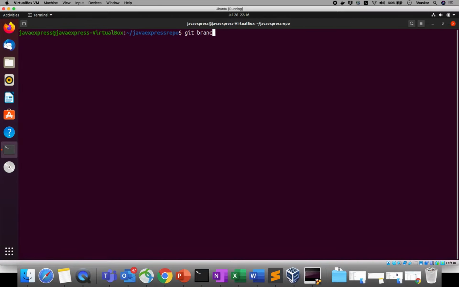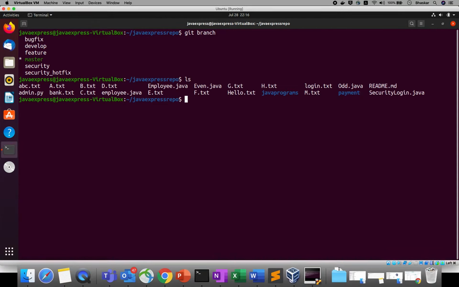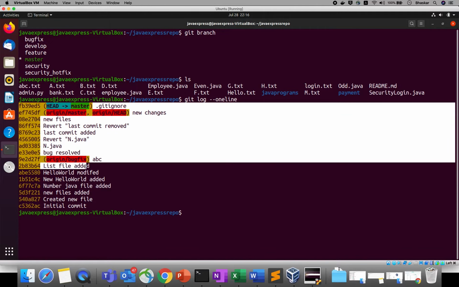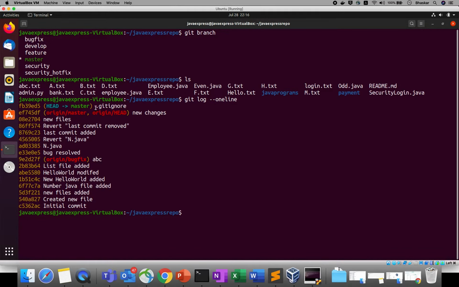Git branch. If I do the ls command, these are the files I have. If I use git log --oneline, I have this number of commits, and the recent commit is .gitignore.